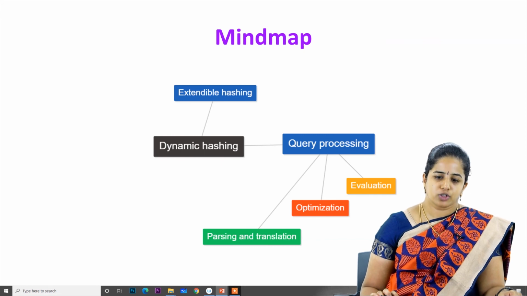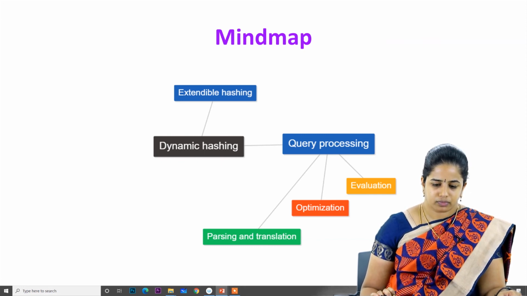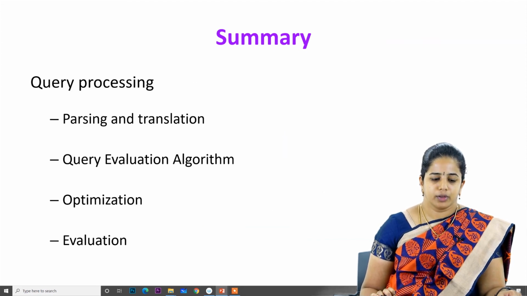So we have come to the conclusion part. We have seen about query processing and optimization in this video. Query processing involves parsing and translation, which means first it will check for any syntax error or semantic error in the query, and it will be converted into a relational algebra expression. The optimizer will select some statistical information from the database catalogs and choose the best, lowest cost evaluation plan for the relational algebra expression. We call that the query execution plan.